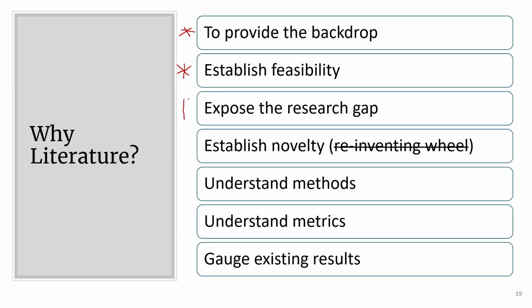Expose the existing gap. So this is very crucial. Remember, our purpose of writing a paper is to fulfill or close an existing gap in research. So therefore, through our literature search, we have to show that this gap actually exists. Once we show that this gap exists, our task is to establish that through our experiments, our methodologies, and in our work, we actually fill this gap.